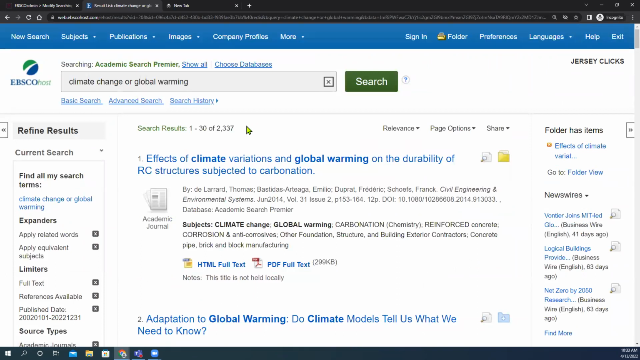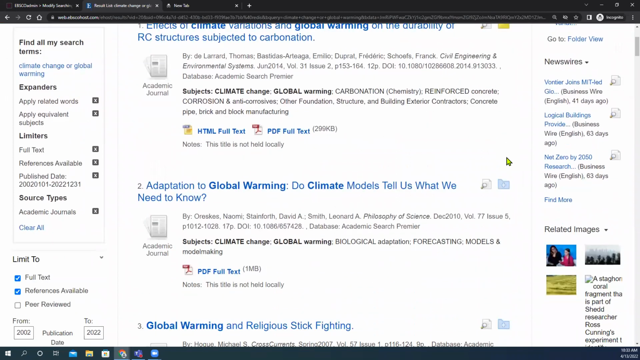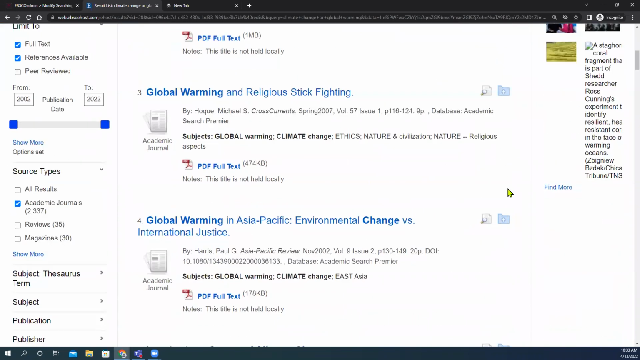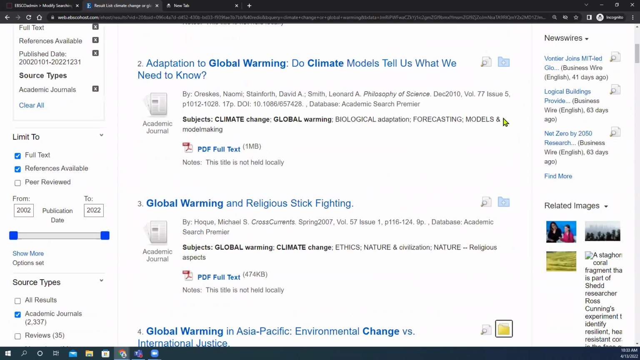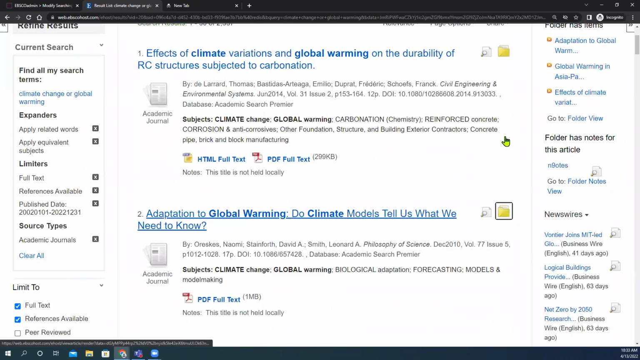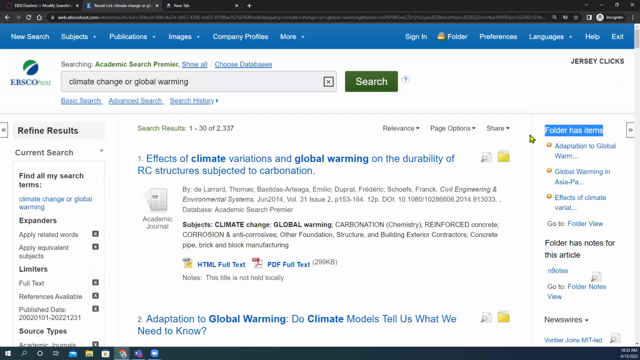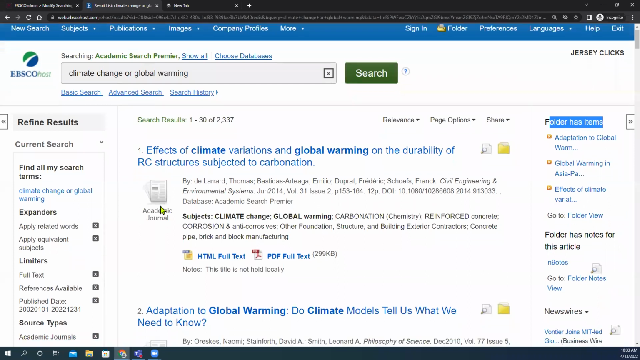Okay, we do have some folder items. So notice the folder is no longer blue, it is now yellow. I've added it to a temporary session folder. If I wanted to add a few more, I can just select. And notice that our folder is growing over here on the right-hand side of our screen. Okay, we can go to the folder view to see our works, but before I do that, what I would like to do is,